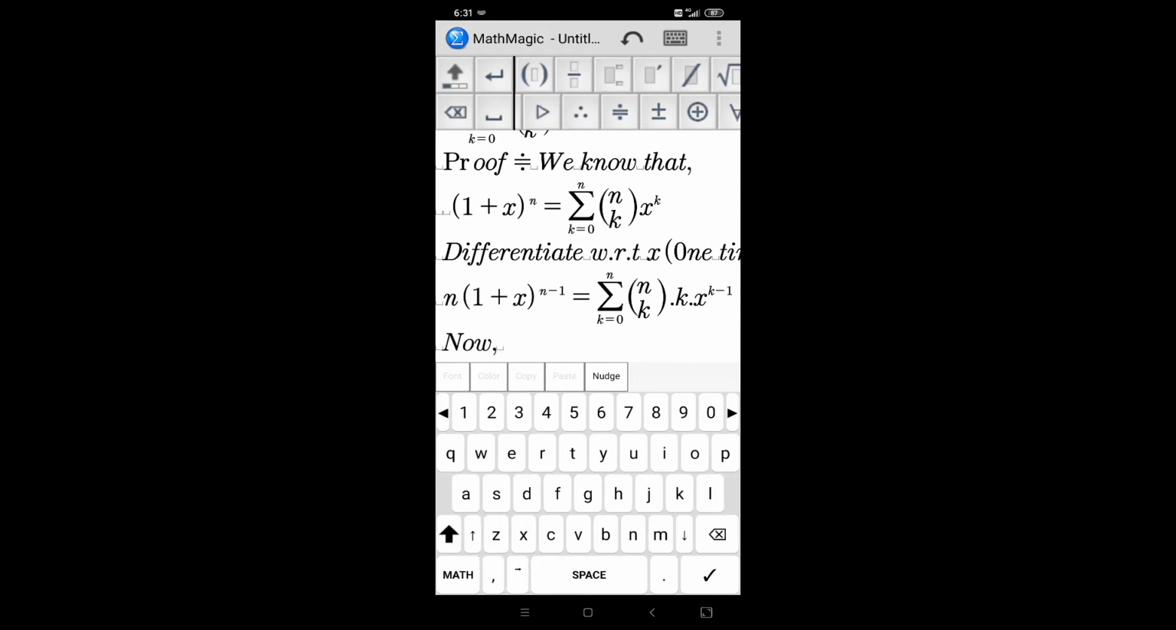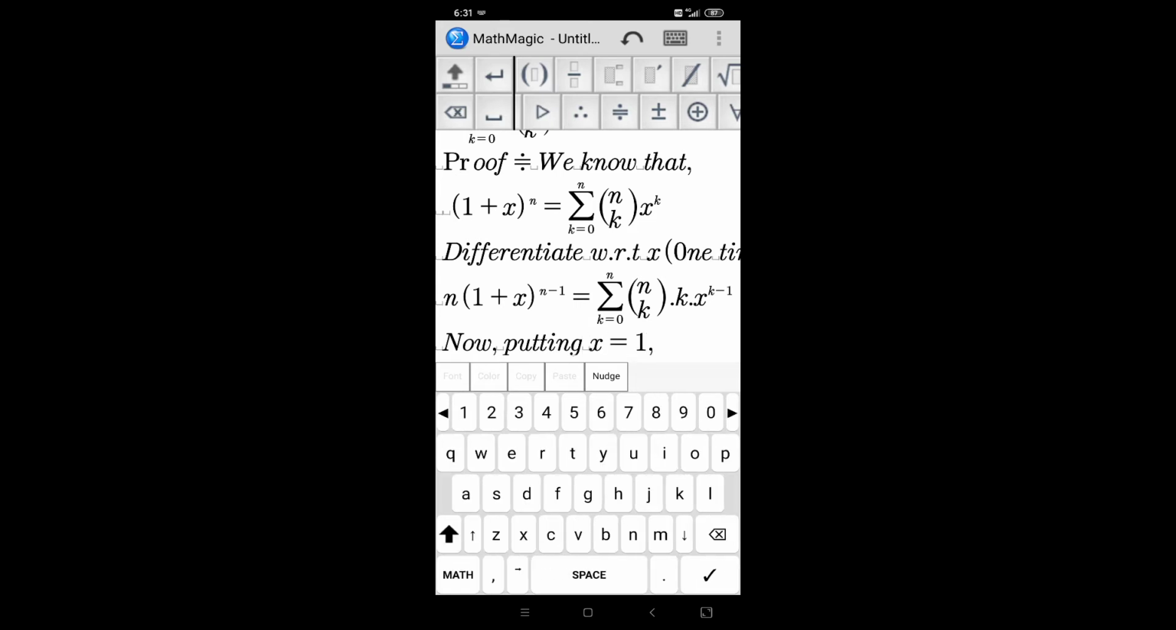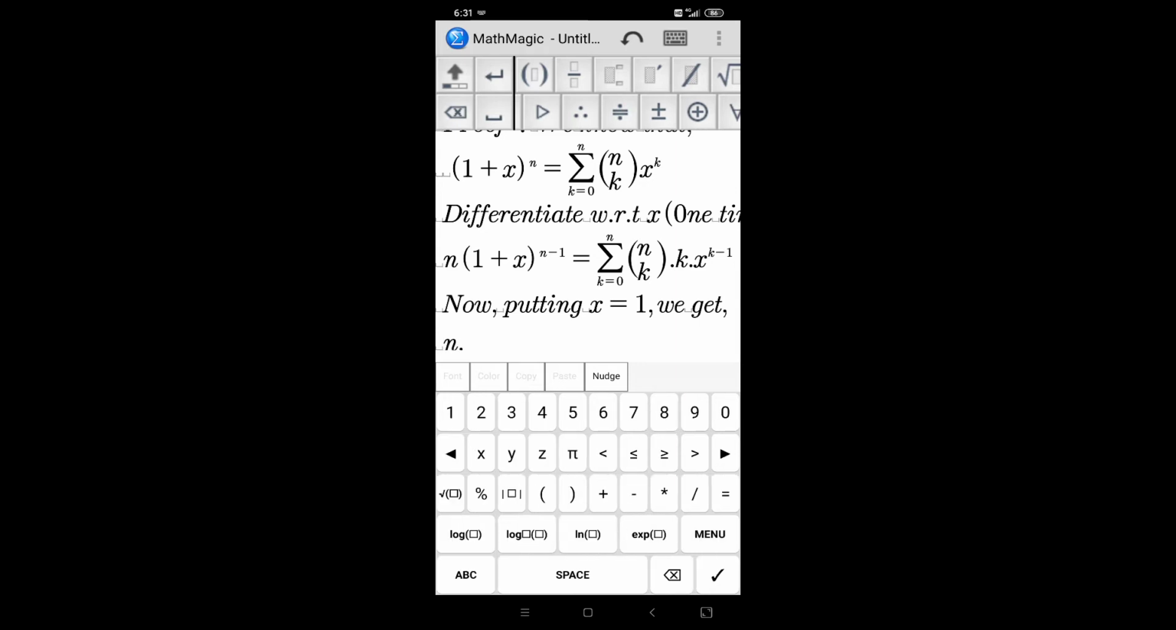Now putting x equal to 1, we get... what do we get if we put x equal to 1? So n times (1 plus 1) to the power n minus 1